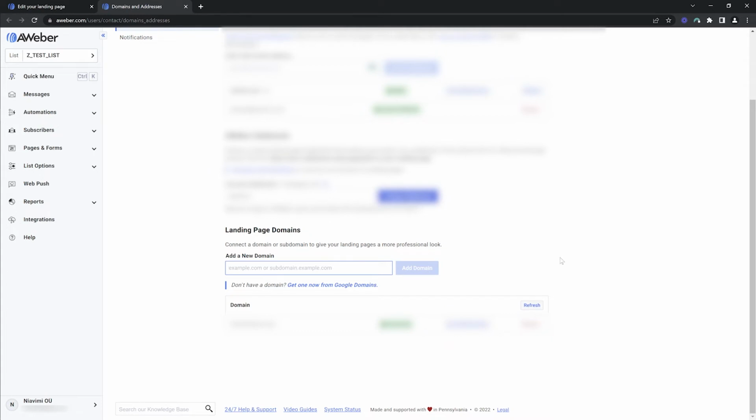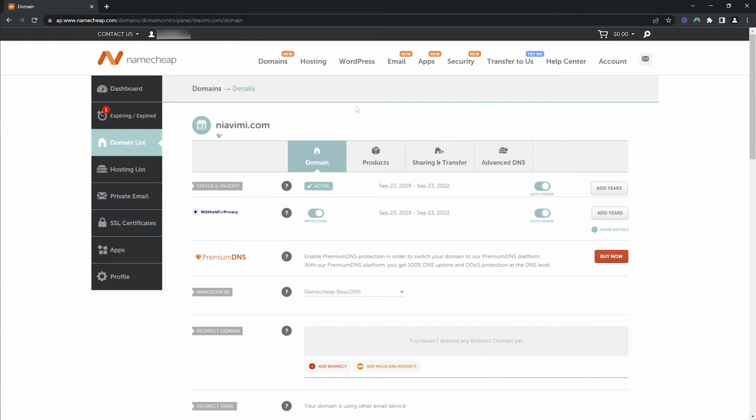But before we can do that, let's jump over to my domain name registrar, which is Namecheap. Now we're in my Namecheap account here, where you can see my main domain, yavimi.com. In this case, I obviously don't want to use the root domain, yavimi.com, because that's where my website is already hosted. So if I assign this domain to my landing page, my website will no longer be accessible, which obviously makes no sense. So in cases like this, if I want to use my main domain, I have to add a subdomain. For example, like